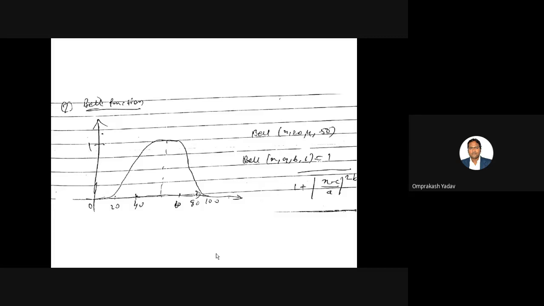So basically there are 3 kinds of curves: the S curve, then the next one is Gaussian, and the last one is the Bell function. For these 3 curves, you will have to remember the equation. How will you write the answer? I will write the answer exactly the way I am showing over here. You don't have to explain anything. Just draw the graph and write the limits. You will get full marks in this. If you want, you can write an explanation; if you don't, it doesn't matter. What is important is the graph and the limits.